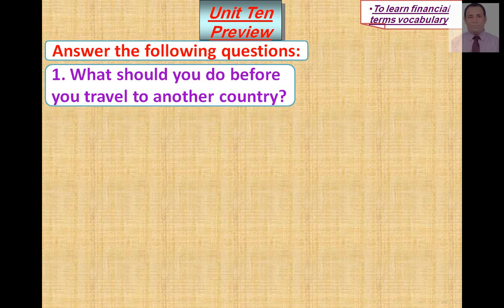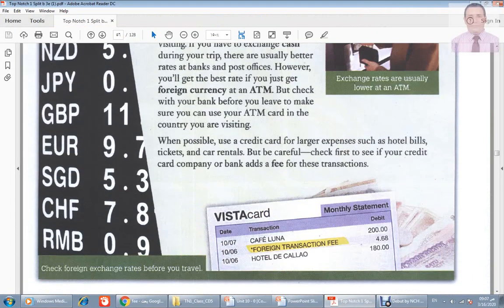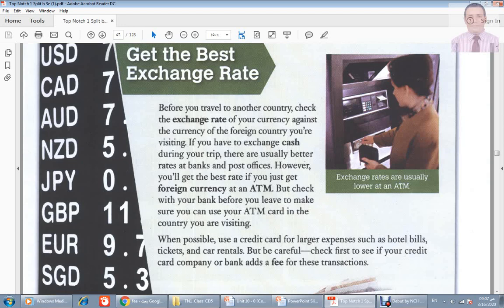You'd like to travel outside Saudi Arabia. You'd like to travel to the United States, to Britain, to Canada, to Australia, even to Egypt, any place. What should you do? If we go here to our reading passage, read: before you travel to another country, check the exchange rate of your currency against the currency of the foreign country you are